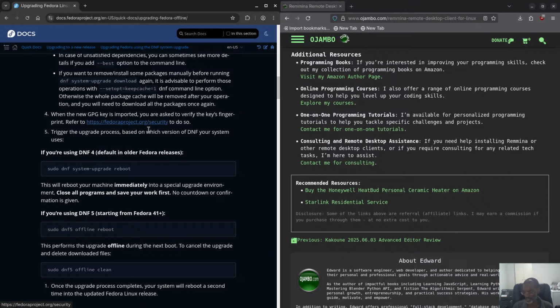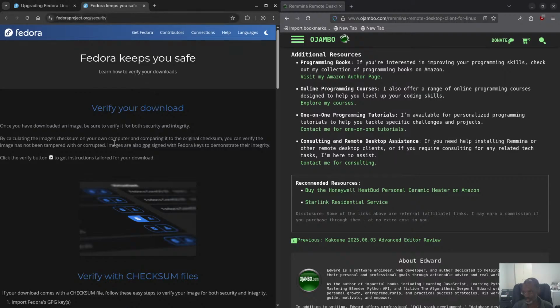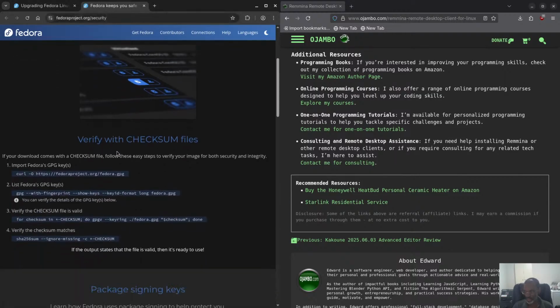All right, and then you can verify here. Now I trust them, so you saw the stuff on the command line, but you could simply go here to security. You should do this as well to verify your download. The download came from the repository, so I've already been trusting it because I've been updating, and you can see how you can verify the keys. It shows you how to do that, whether it's GPG keys. You can import the keys yourself, then list the GPG keys, and then you can use checksum, or the SHA-256 sum, to verify that they actually came from Fedora,